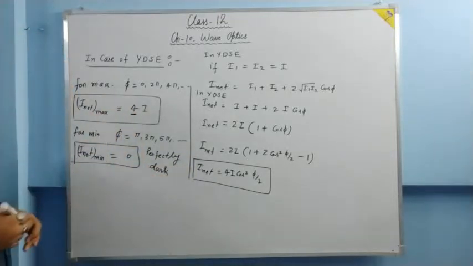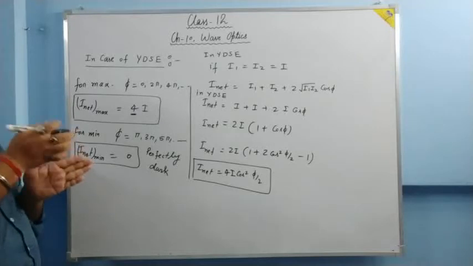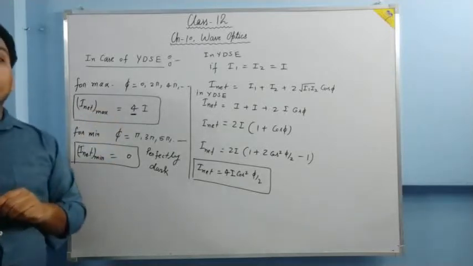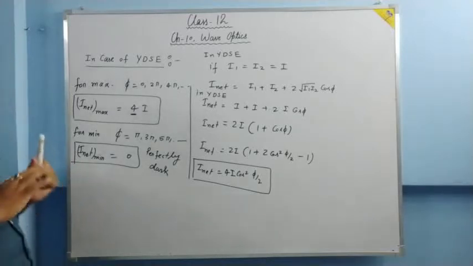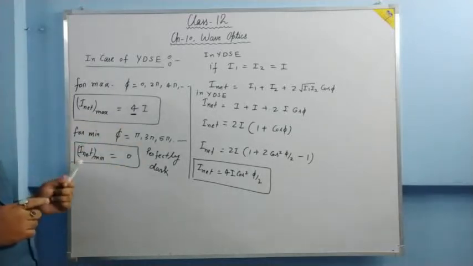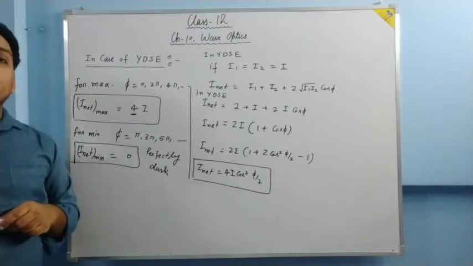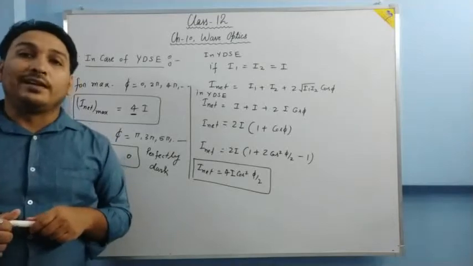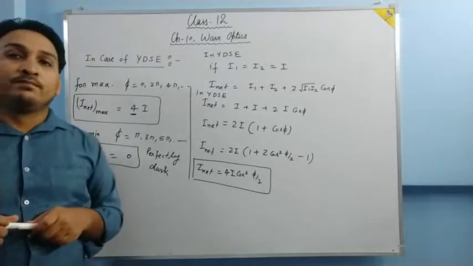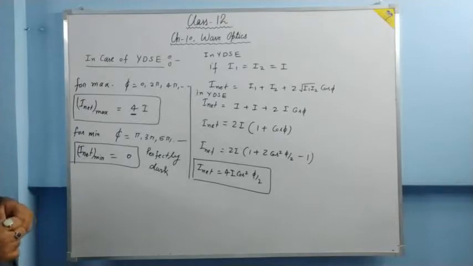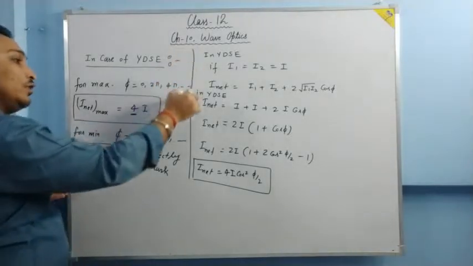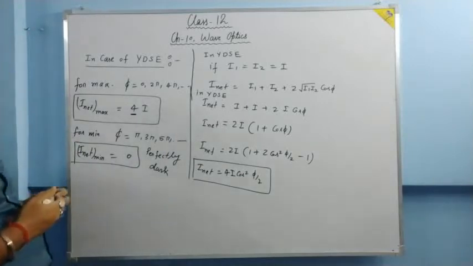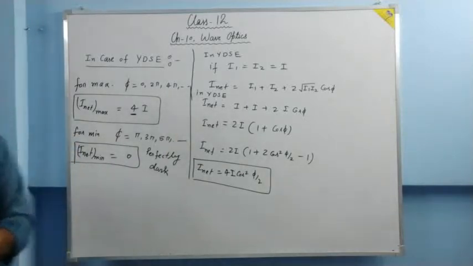And this will shine. So what happens? We can clearly distinguish where the bright and where the dark fringes are formed. On the basis of the above information, we'll draw an intensity distribution curve, and on the basis of the intensity distribution curve, we'll try to find out fringe width. First of all, you have to note down this part and then this part. Is it clear? Pause the screen and note down.